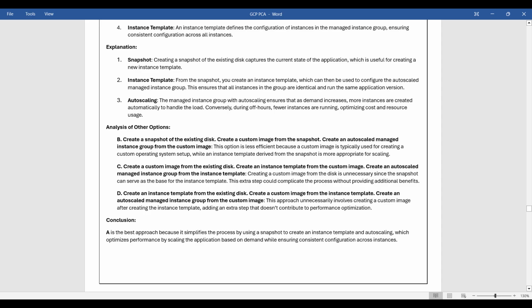D. Create an instance template from the existing disk. Create a custom image from the instance template. Create an autoscaled managed instance group from the custom image. This approach unnecessarily involves creating a custom image after creating the instance template, adding an extra step that doesn't contribute to performance optimization. Conclusion. A is the best approach because it simplifies the process by using a snapshot to create